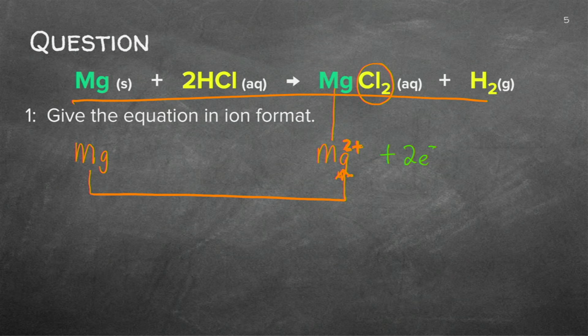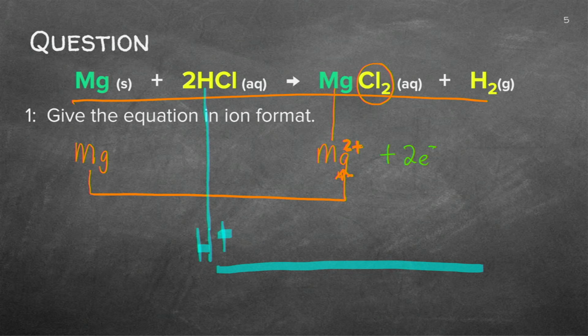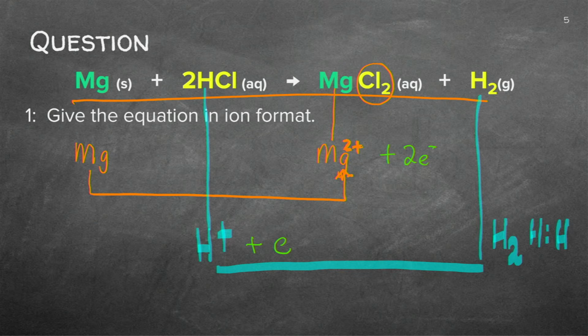What's also changing? Do you see I've got hydrogen there, and it's already an ion, and then it becomes a hydrogen molecule. Now that's not an ion, that is a covalent bond. So it's changing there. So in the back of your mind again, you should see I'm actually adding electrons there. Now that equation is not balanced. Let's quickly do it. Can you see I've got 2 hydrogens there? So I'll have to have 2 of that and 2 of that, which corresponds with that 2 there.